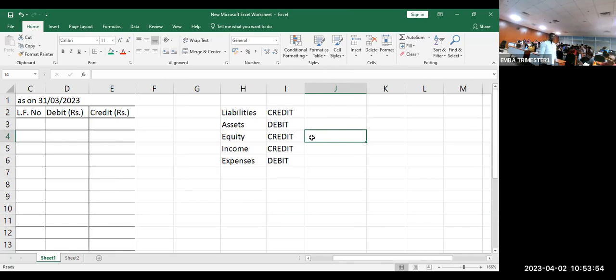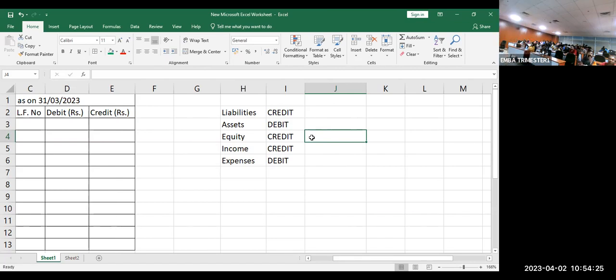Prepare the trial balance of Rajesh Enterprises Limited as on 31/3/2023